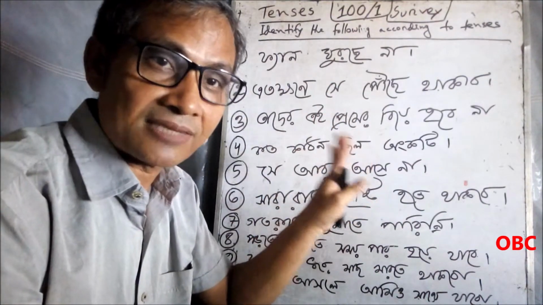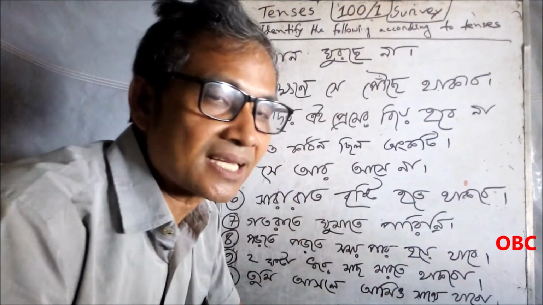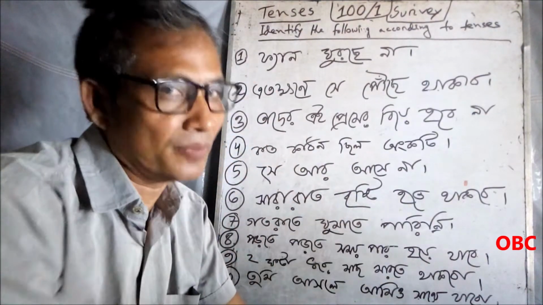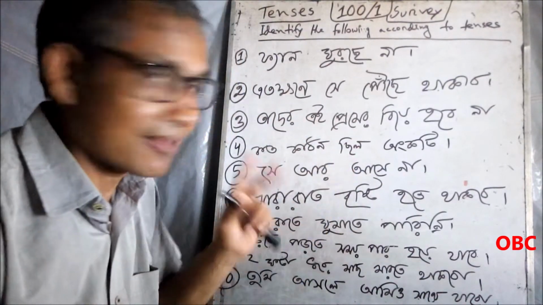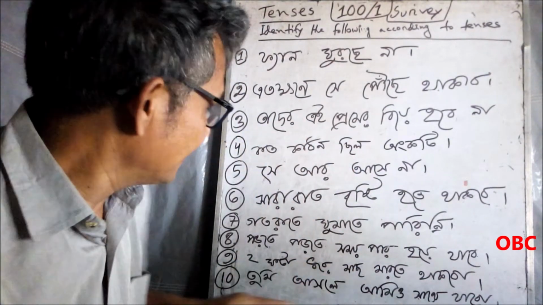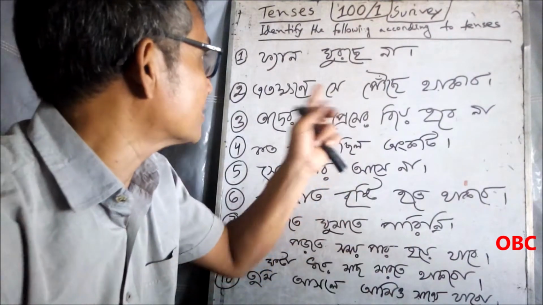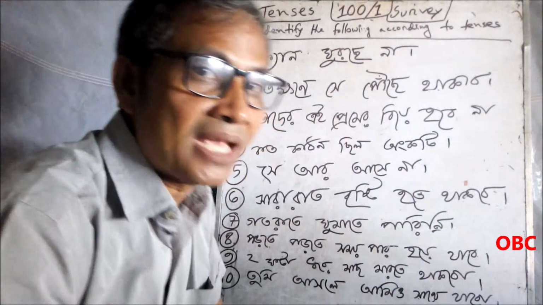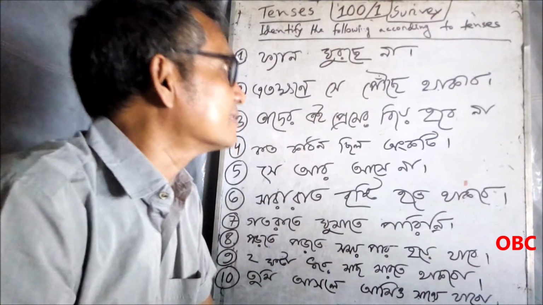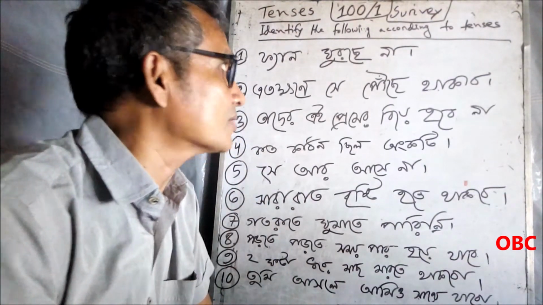I have a challenge: you may have made a mistake in one or many. So it's likely that you're going to fail this test. Let's have a game. Let's play. There are 10 sentences I wrote, and here is the first sentence in Bangla, "fan ghutche na". You have to understand which tense this sentence belongs to.